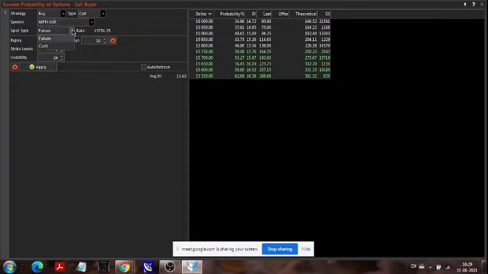Then the price will be for the future rate. In the right window, you will see some strike prices coming with the probability percentage and the open interest value at the end. We need to sort by the probability percentage and the open interest. When I sort by probability percentage, I get 62% at 15,550, but you can see open interest is very less. So I need the probability percentage to be high and the open interest to also be very high. For the matching strike price, I will go for buy.